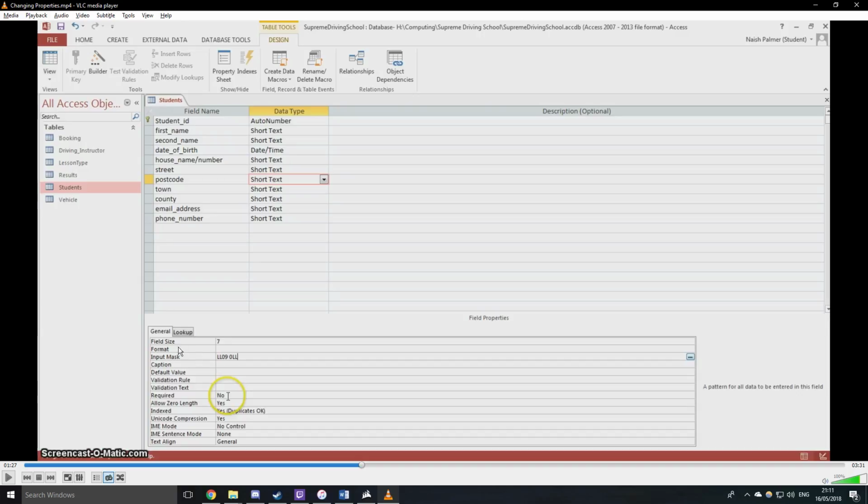As well as this, as you can see, I've made an input mask. Our input mask for our postcode has special codes for each character used in a 7 character field. So we have right here